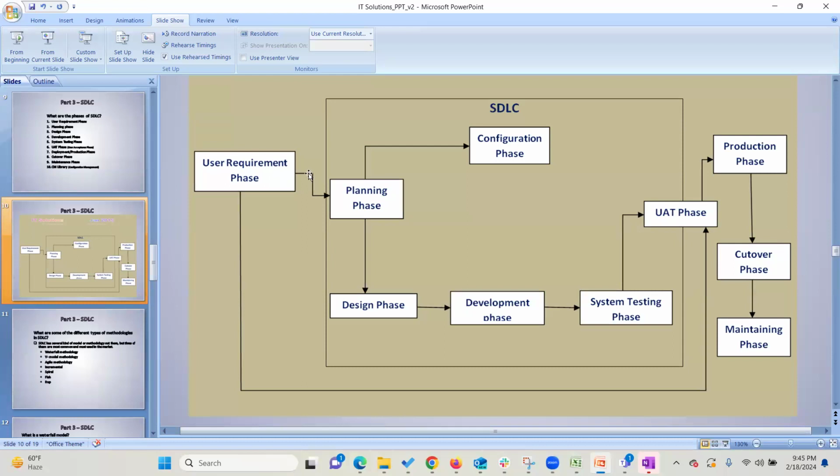In most cases, it's the business analyst. They understand the requirement, and the timeline and other things get finalized here. So that's the user requirement phase. And then once that is understood and finalized,